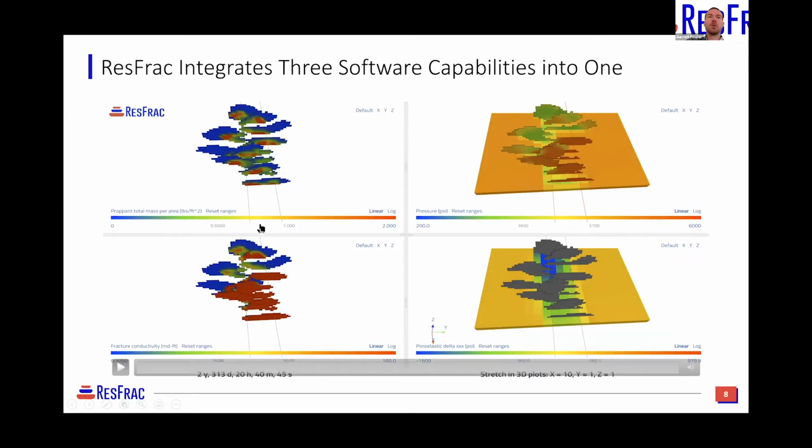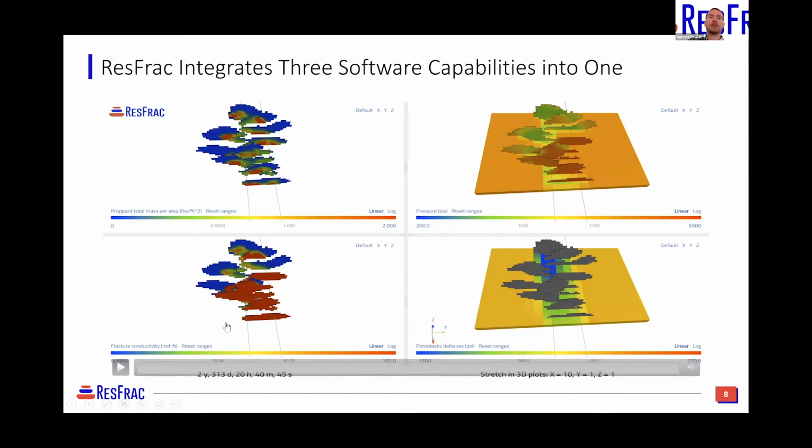So to investigate why that happens, I've changed the angle, but same simulation, and looked at a few more properties. In this case, I have kept the same proppant distribution in the upper left and pressure distribution in the upper right. I have added then fracture conductivity, which is going to very closely correlate with the propped area. And then also the poroelastic stress change. So this is the stress change in the matrix due to depletion, and we'll actually see a reduction in stress, which is going to help us explain why we see asymmetric fracture propagation.